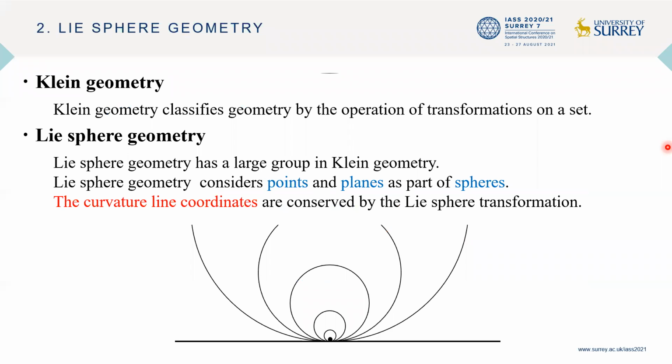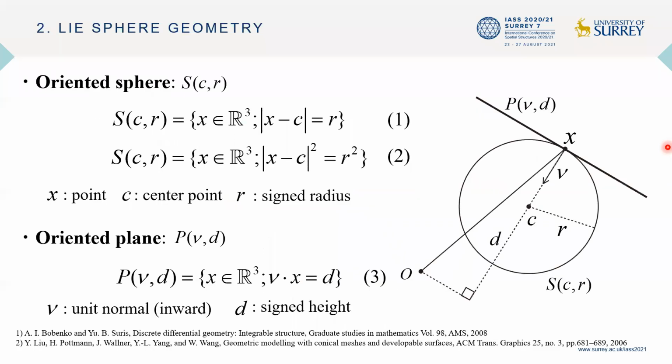Klein geometry classifies geometry by the operation of transformation groups on a set. Lie sphere geometry has a large group in Klein geometry. It considers points and planes as part of spheres. Curvature line coordinates are conserved by Lie sphere transformation. We derive that Lie sphere geometry is necessary for our method, which brings a significant formulation of circular nets and the concept of Klein